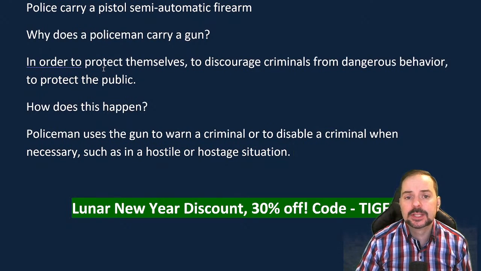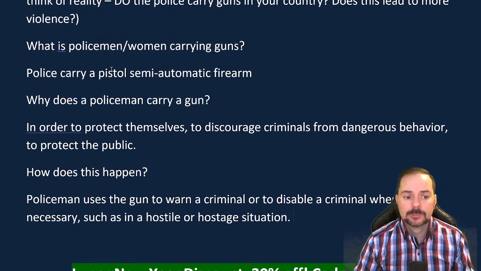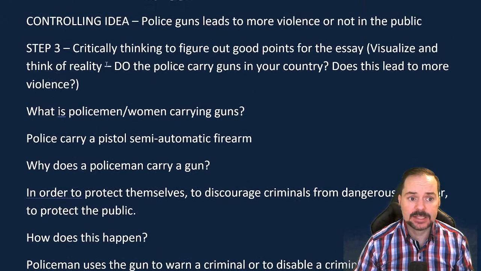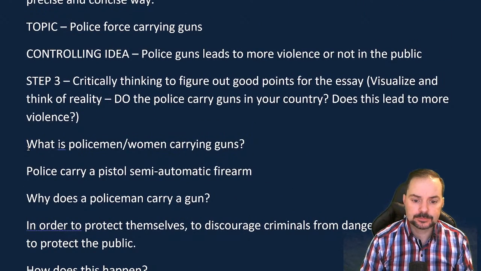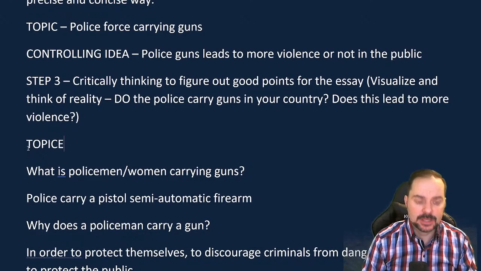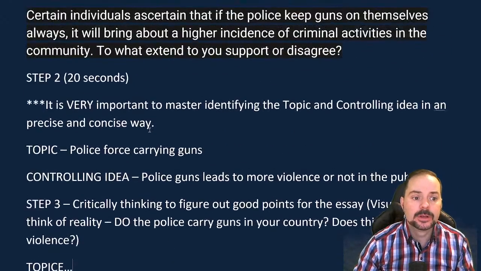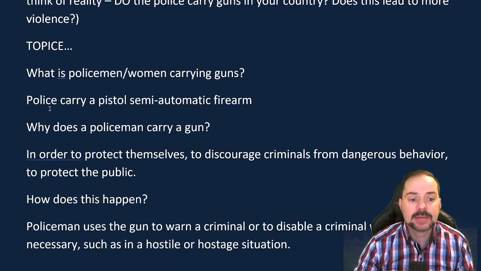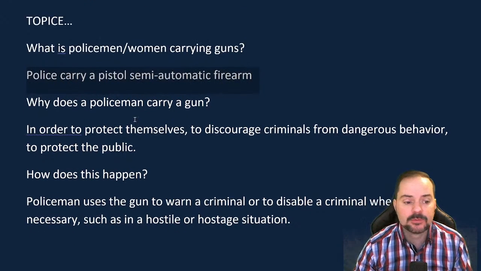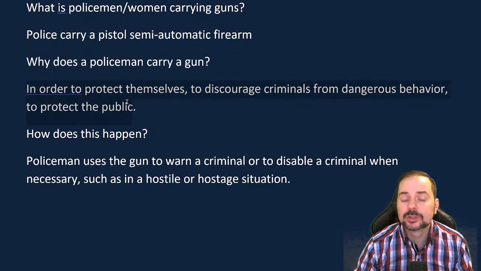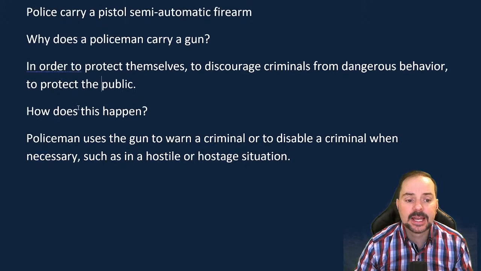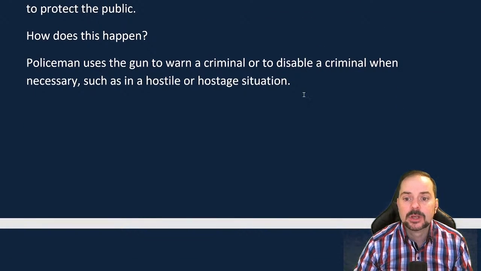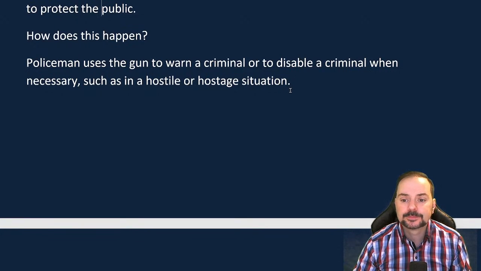planning happens quickly. So when you're going through the what, why, how, it happens quickly. And here I'm asking the what about the topic. So here it's the topic that I'm doing the what, why, how. So the police carrying guns. What is that? Police carries a pistol, a semi-automatic firearm. It's the specific type of weapon that they carry. Why? In order to protect themselves, to discourage criminals from dangerous behavior, to protect the public. How does this happen? Okay, so